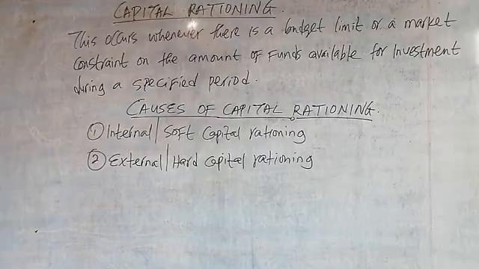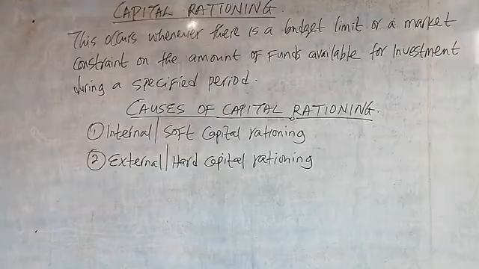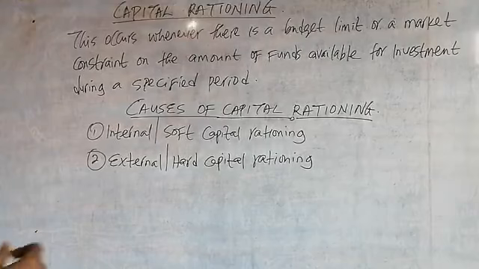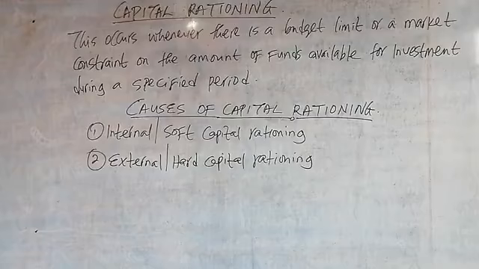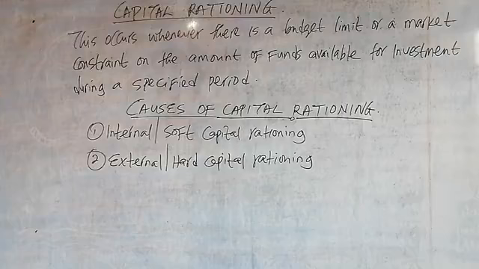because a company tends to do what? To expand day in, day out. For example, Dangote group of company, as big as it is, it keeps looking for opportunities of expanding. By that, therefore, it's going to need a lot of capital to do what? To invest in new projects.